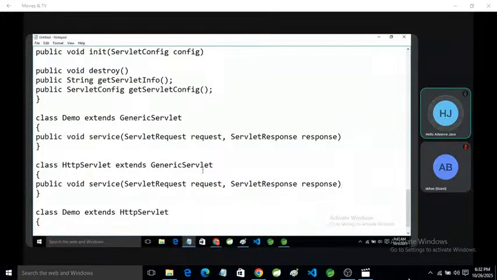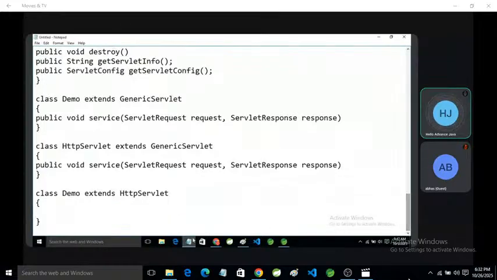So if we have a class and extend HttpServlet, we have no need to implement any methods, because four methods are implemented by GenericServlet and the remaining service method is provided by HttpServlet. So the first question that arises is how to perform our operation.